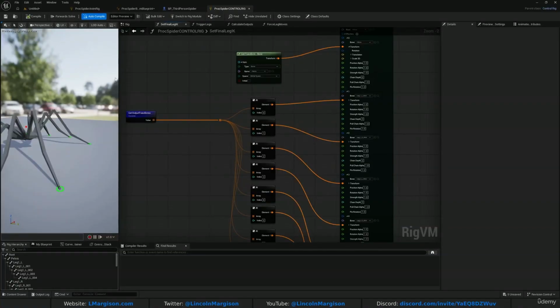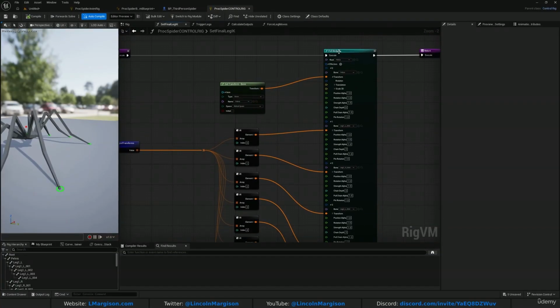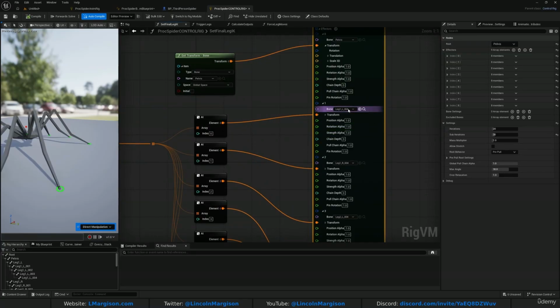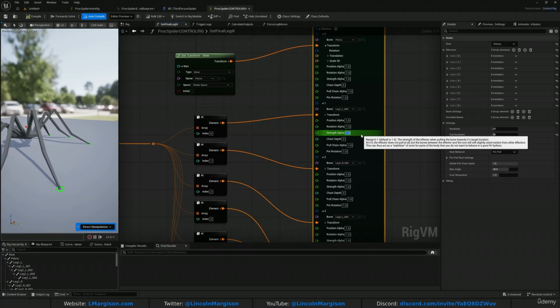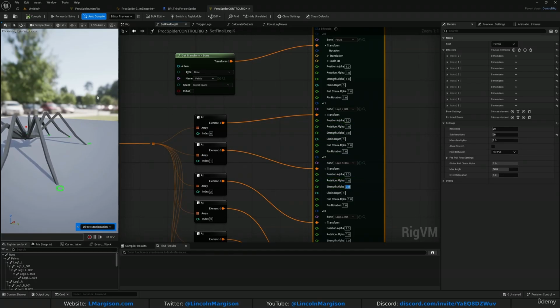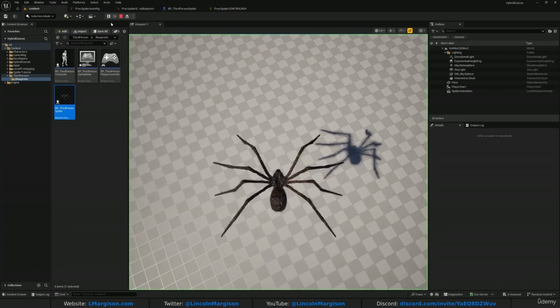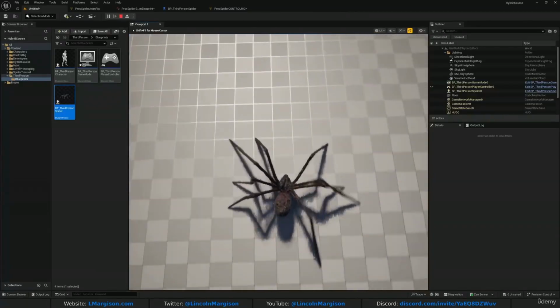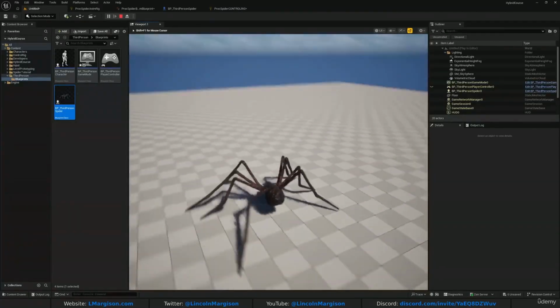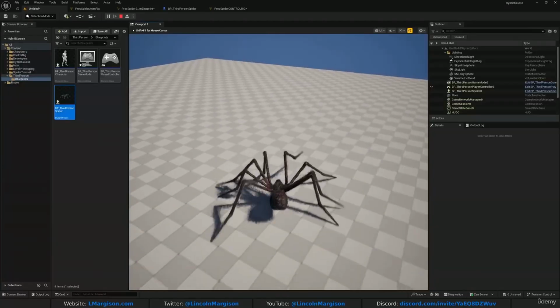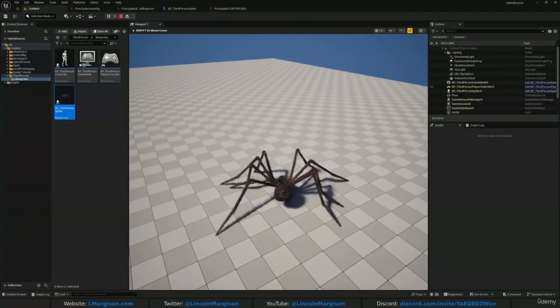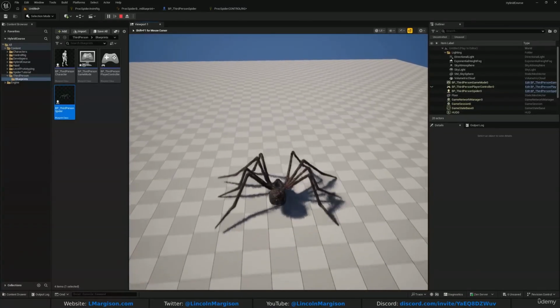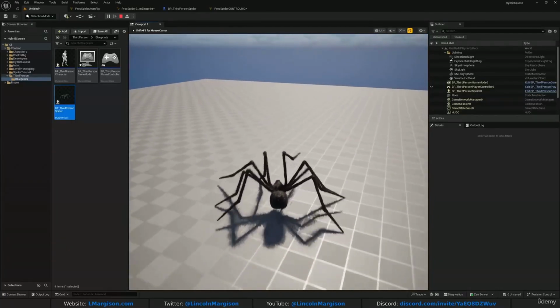So just to demonstrate this in the simplest way possible, on the full body IK node, just for the front legs, the leg 1L and leg 1R, I'm just going to set the strength alpha to 0 for both. And now when we play and click, you can see that those front legs, they're not procedurally animated at all. The legs are just moving around flat. They're not stepping. When we do the animation, you can see it's playing out the animation of these legs. So that's essentially what we'll be doing,